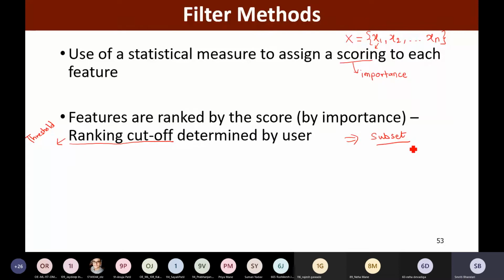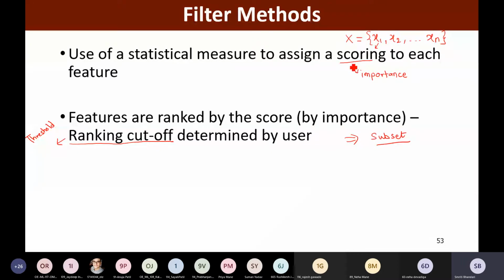I'll repeat once again. We are having a feature vector or a feature set comprising n number of features. In filter methods, we use some statistical measure to assign a score to each and every feature independently. If I am having x1, x2 up to xn features, then every feature will have some score associated based on this statistical measure.